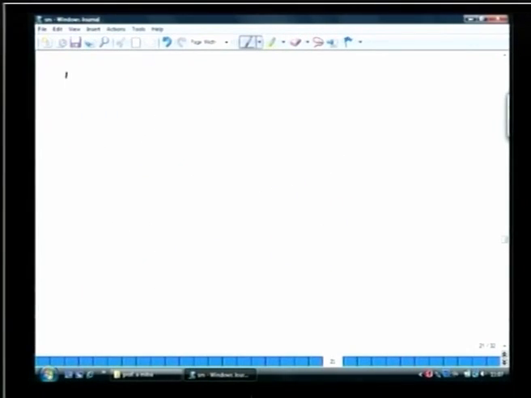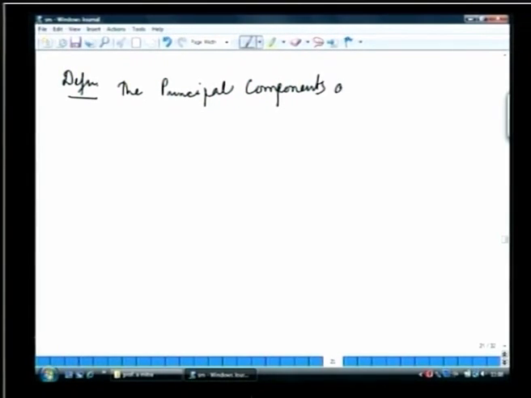Next, we are going to define formally what a principal component is, and we say that, well, we have already talked about it. They are basically linear combinations of the original variables such that certain properties are satisfied. So, definition of principal components. The principal components are the uncorrelated linear combinations